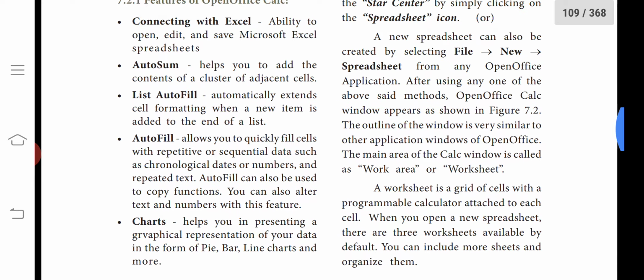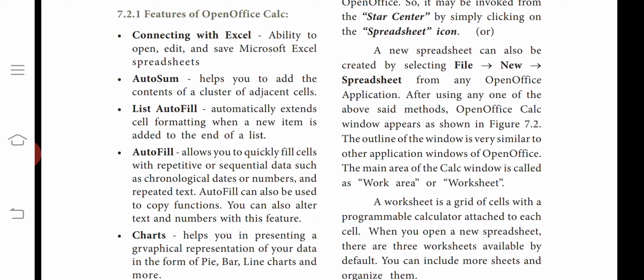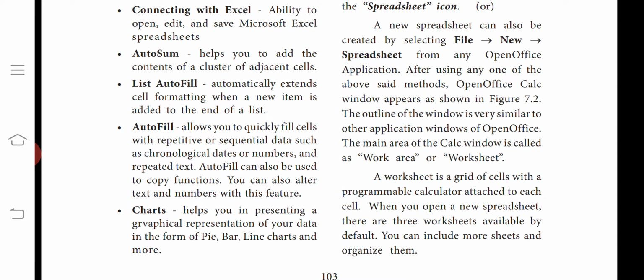Some of the features of OpenOffice Calc are compatibility with Excel: the ability to open, edit, and save Microsoft Excel spreadsheets. It can also add the content of a cluster of adjacent cells.